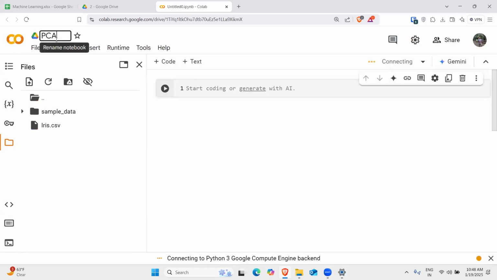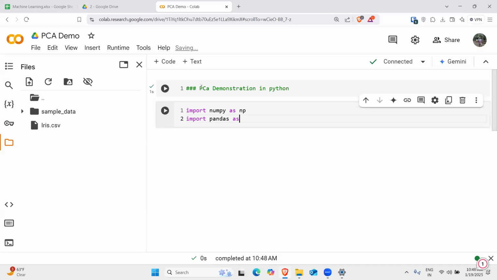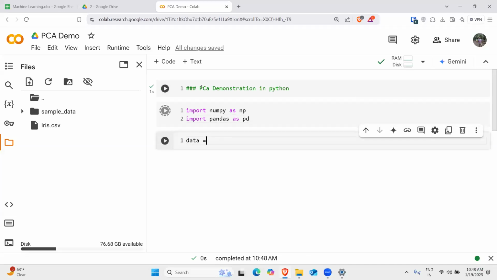Let us name it PCA demo. So, PCA demonstration in Python, right? Importing necessary libraries: import numpy as np, import pandas as pd, data equals pd.read_csv,